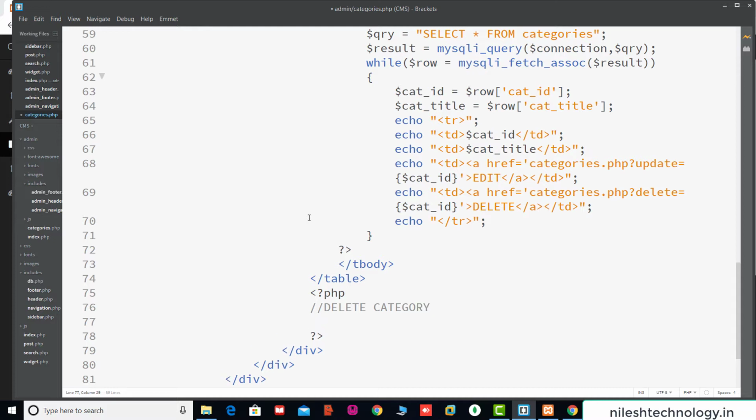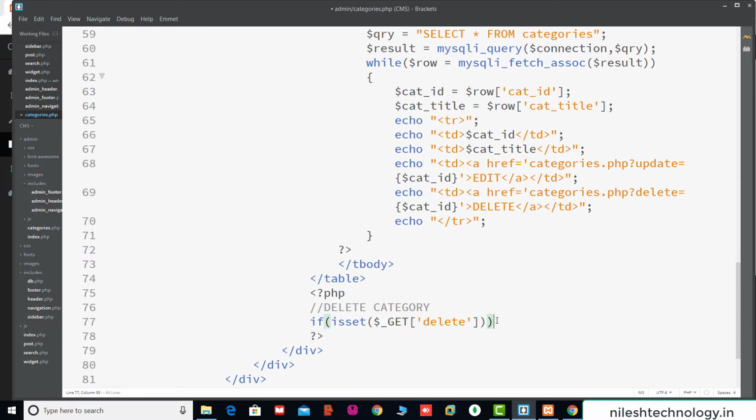So here first we check isset. Here we use the $_GET method because we get the information by using the URL, and your name is delete. So here we use this delete word by using the URL. If you want to get the values from the URL, then here we use the GET method.